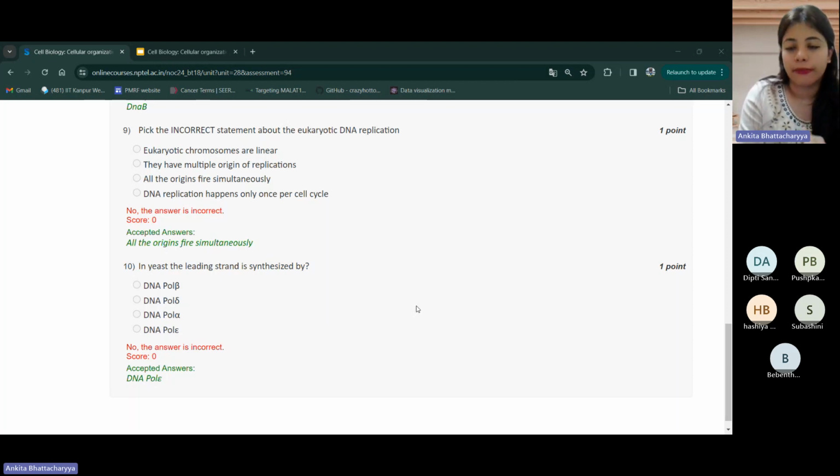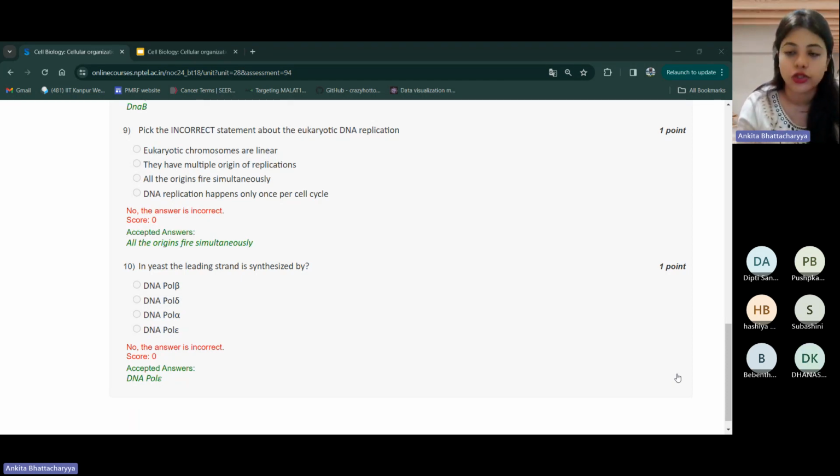Or DNA replication happens only once per cell cycle. So for eukaryotic DNA replication, let's go by the statements one by one. First, that eukaryotic chromosomes are linear is certainly correct, which is what leads to the end replication problem, like we just discussed, and that is why the concept of telomeres has come about, in order to make sure that during